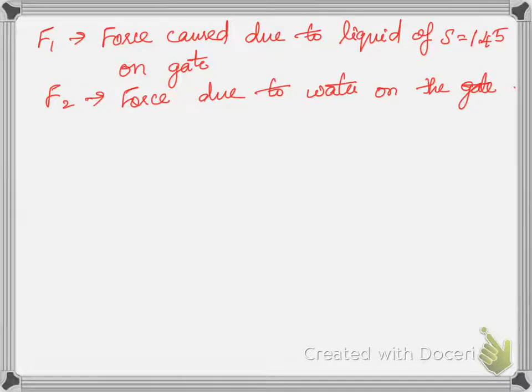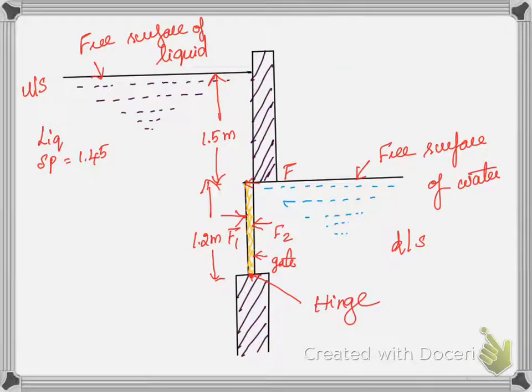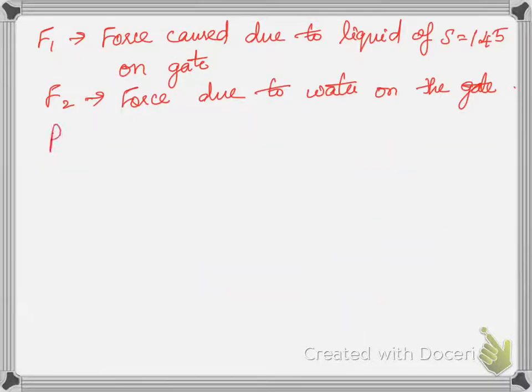Okay, now we want to find the resultant force, which means you can see in the diagram that F1 and F2 are in opposite direction. So my resultant force will be F1 minus F2, or F2 minus F1, whichever is larger I can take. For the time being I am writing it as F1 minus F2. That is going to be the resultant force, because both the forces are opposite in direction. So for that I have to determine what is F1 and what is F2. Once I have found F1 and F2, then only I can find my resultant force.